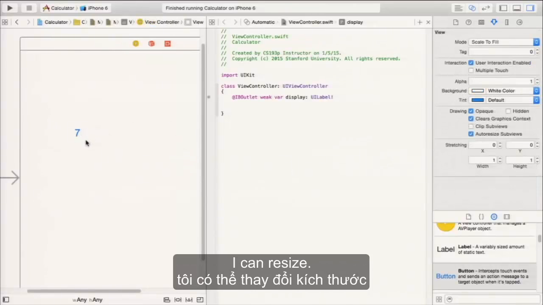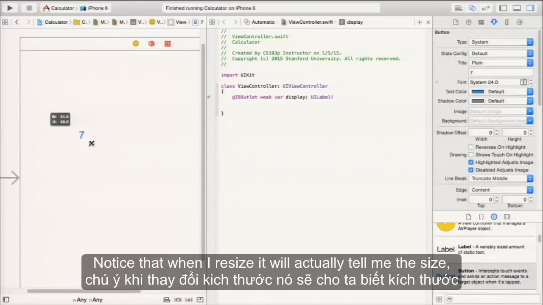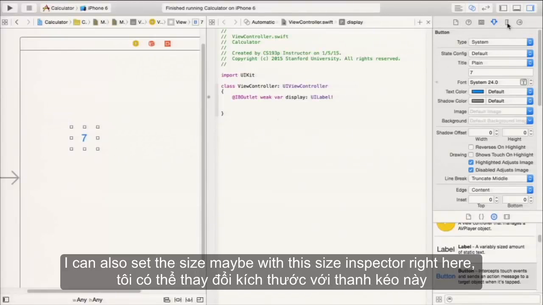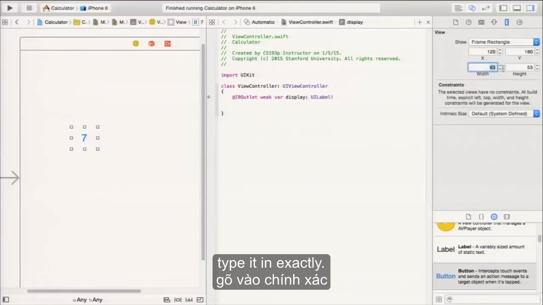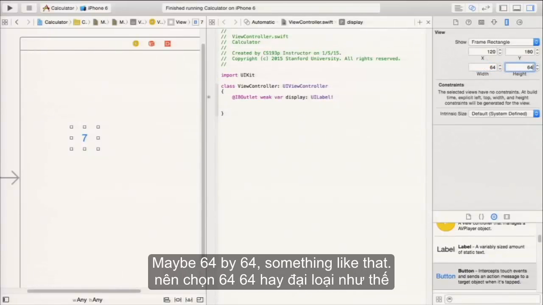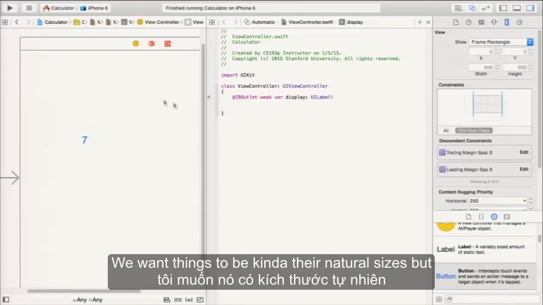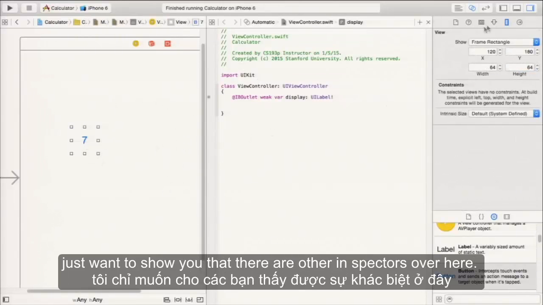I can resize. Notice that when I resize, it'll actually tell me the size. See it saying there what size it is? I can also set the size with this size inspector right here. Type it in exactly, maybe 64 by 64 or something like that. We don't usually do that. We want things to be kind of their natural sizes, but I just want to show you that there are other